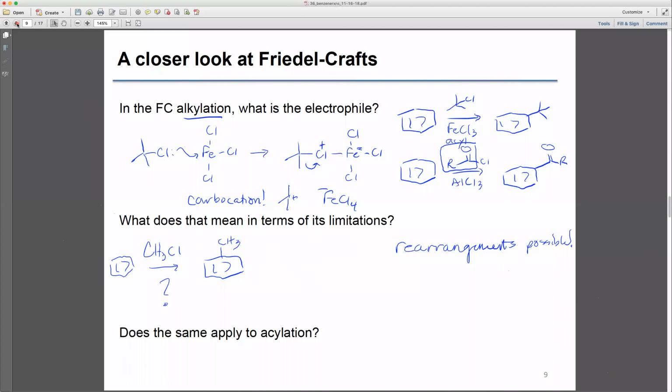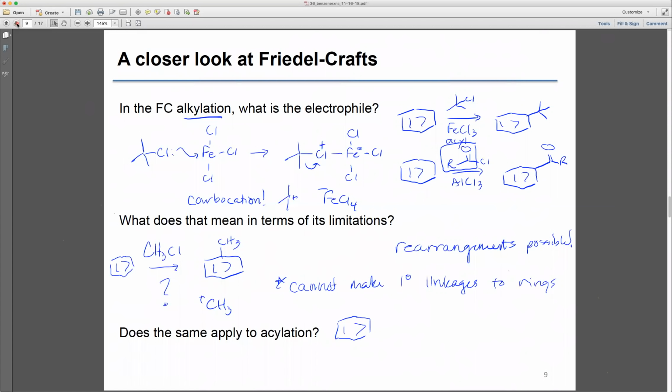The cation would be CH3 plus, right? A methyl cation. If you recall the ranking of carbocation stability, methyl cations are the highest in energy, even higher in energy than primary carbocations. And so as a result, this is limited. We cannot make primary linkages to rings, right? So as an example,